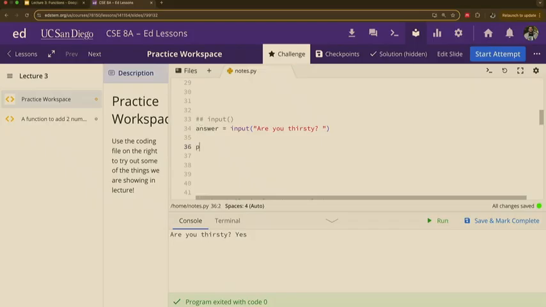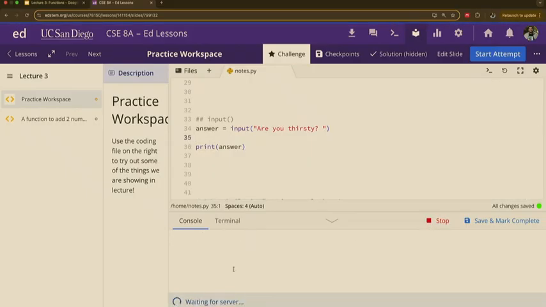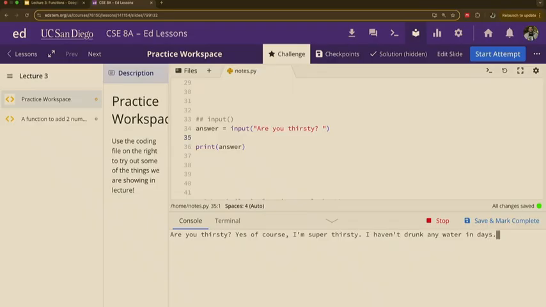So now if we want to see answer, we use a different function called print, right? So now if we run it, and we say, are you thirsty? Yes, of course. I'm famished. I'm super thirsty. I haven't drunk any water in days.